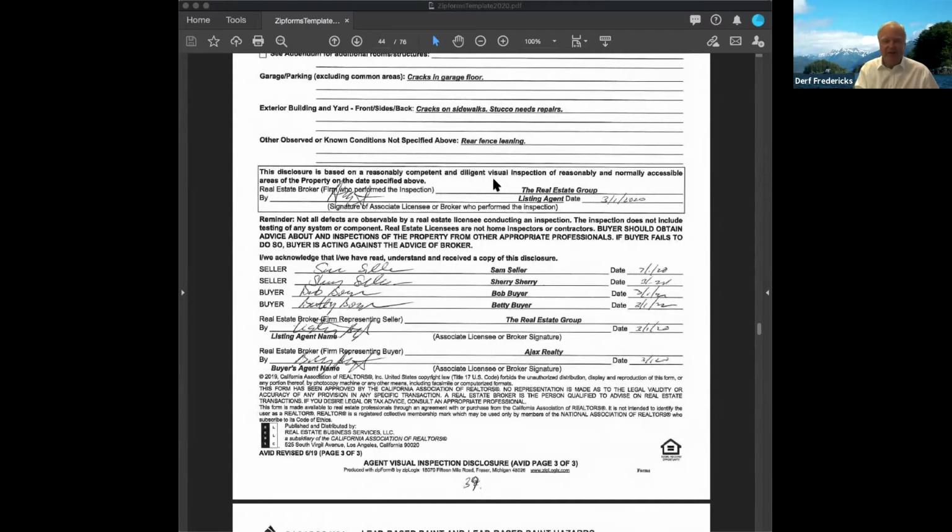The agent may have gone through it, or I may have sold it a year or 2 before, did the paperwork, sold it, never even went through the property. Well, that's unheard of nowadays. So you have to do this, and you want to be able to look at this form a couple of